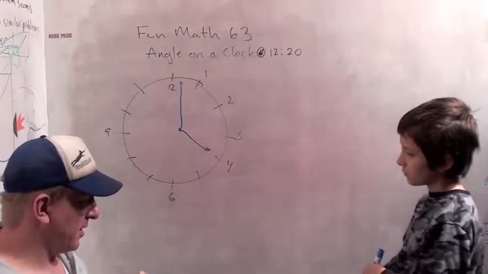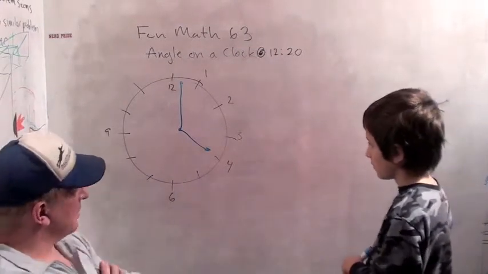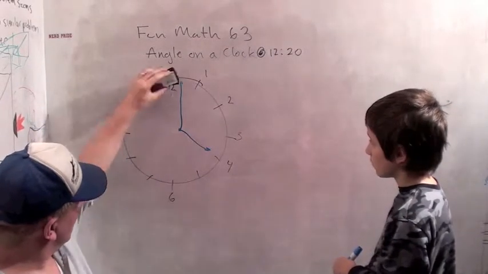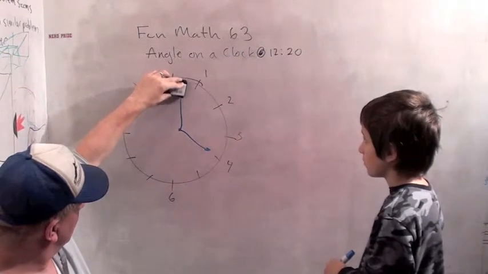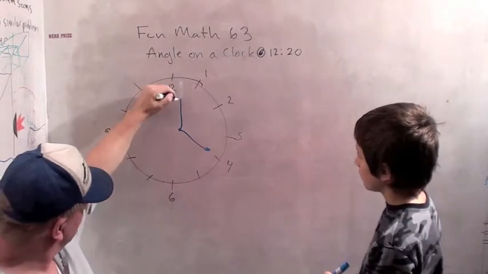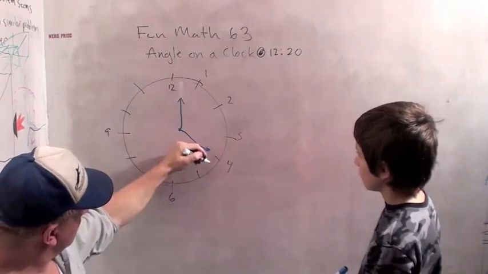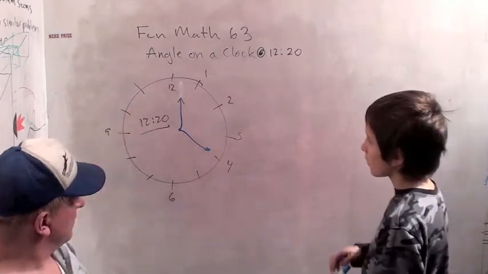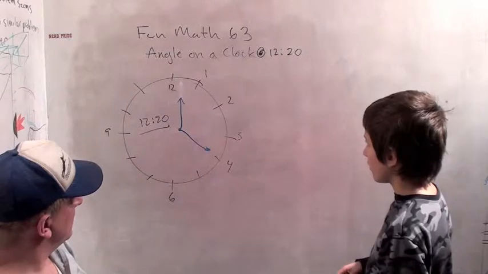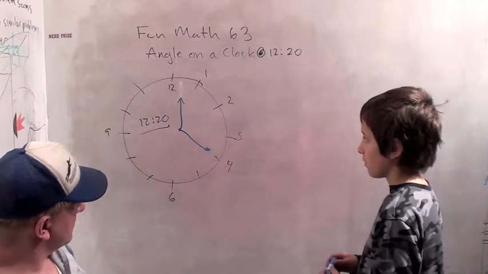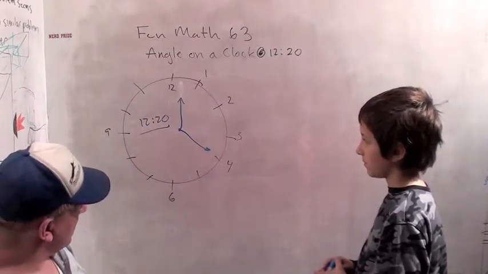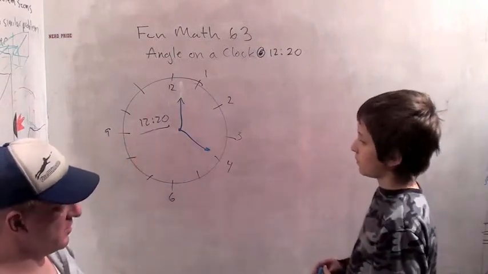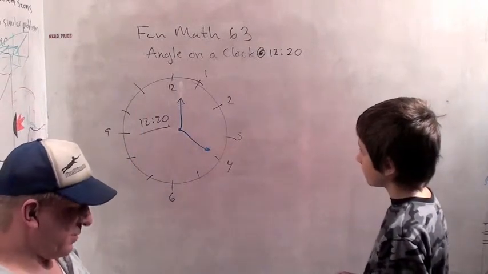Now how are we going to figure out the angle that the clock is making here? I'm going to just adjust. It looks like your hour hand is the minute hand, so let's make that just a little shorter. So we know that's the hour hand and this is the minute hand. So this is 12:20. Well, at 12 o'clock, it's a 0-degree angle, because the two hands are right on top of each other. And what happens in the interim